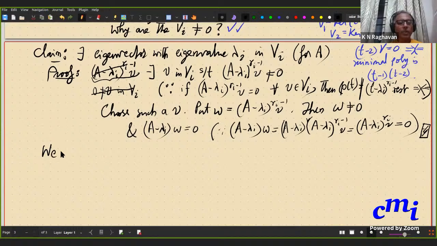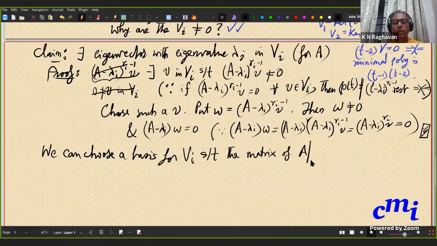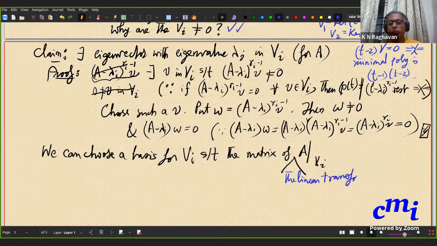We can choose a basis for Vi such that the matrix of A restricted to Vi. Remember, Vi is an invariant subspace, so this makes sense. The matrix of the linear transformation A restricted to Vi